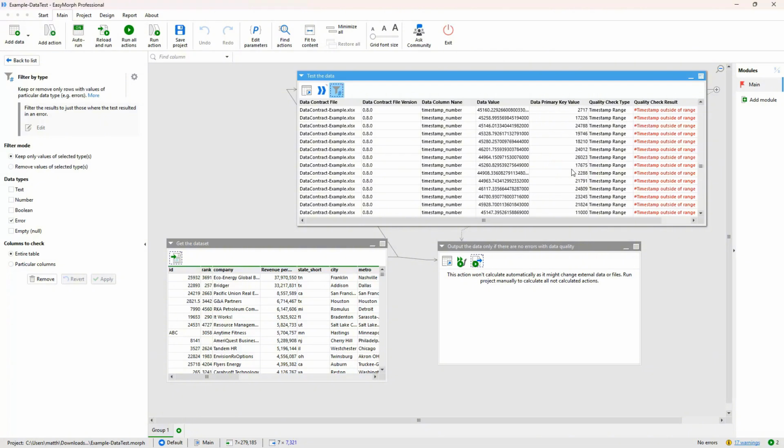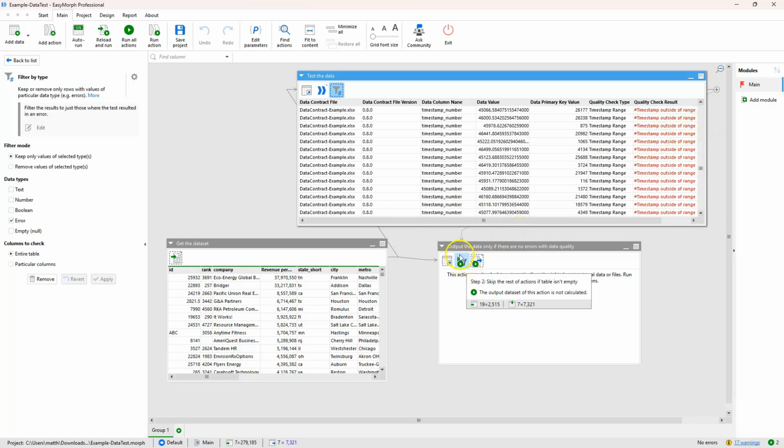I could pass them into an EasyMorph Server board as an issue and create an issue for each one of the data errors that occur, and I will then be able to assign those to people and get them actioned that way. But ultimately, I now know all of the values in my data set, what passes and what fails those data checks that I've specified in my contract, and I can decide what I'm going to do about them. I could output these somewhere, as I said, for somebody to action, but one important thing